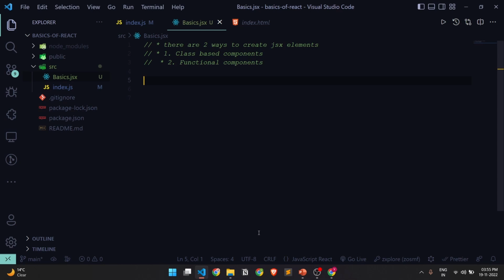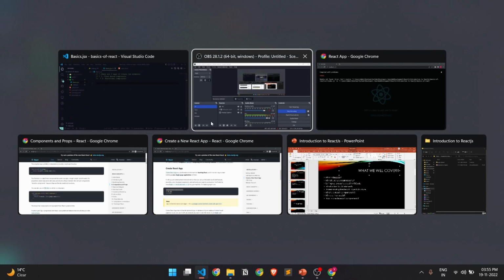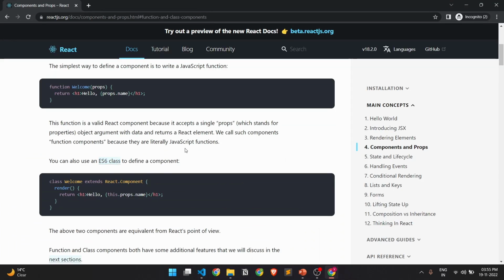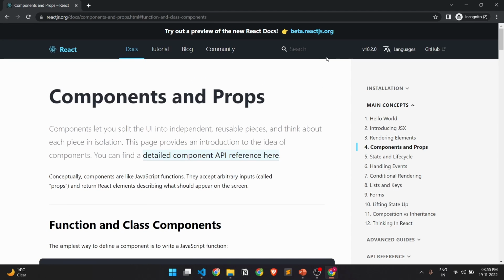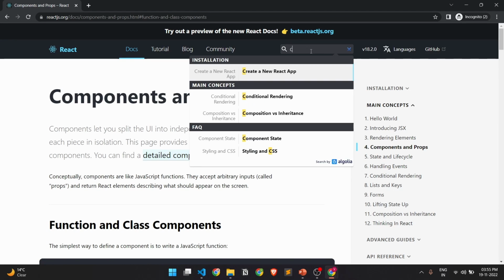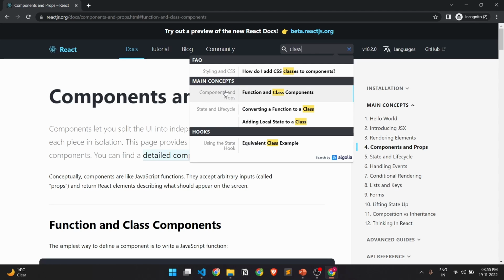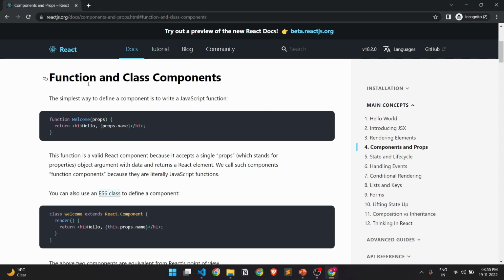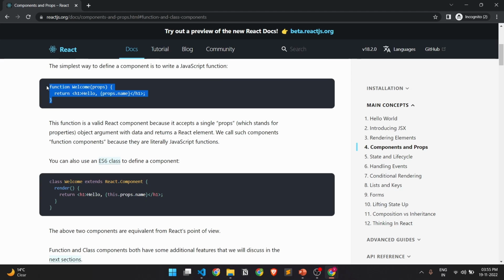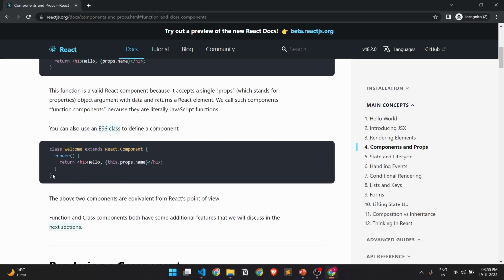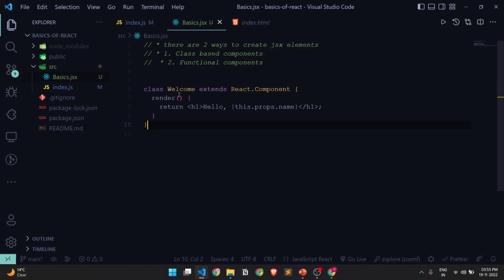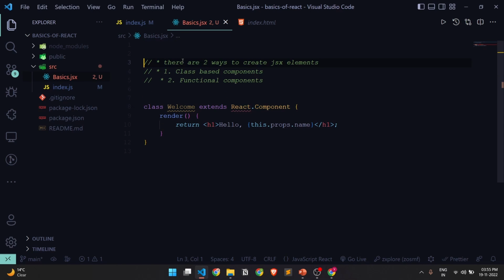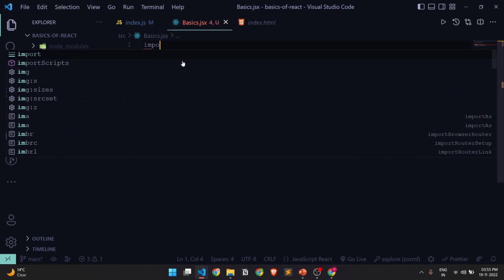So actually let's just read it through the documentation. Instead of me directly giving you the syntax, it's better to become familiar with using the documentation. So you can directly search the documentation for class components, and in main concepts you will find function and class components. So these are the two types of components, this function component and this class component. So I'll just directly copy the syntax, and this is what it gives, right? See, this red line indicates that there is an error. The basic error is we haven't imported React, right? So we'll import React,